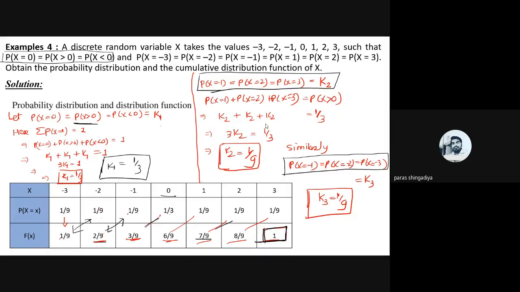Okay, the solution part is not mentioned in this PPT, but we can derive it this way. It's not difficult, it's very easy. If the solutions are required, just take a screenshot of this slide for your reference, to see how we can prepare this table and derive the distribution values and probability values. This is the procedure to derive it. Is this example clear? Any confusion in any step?